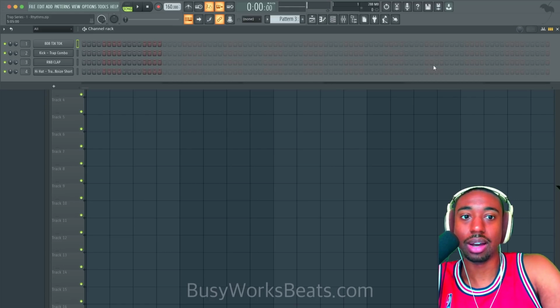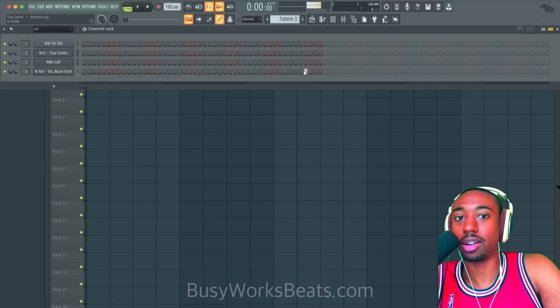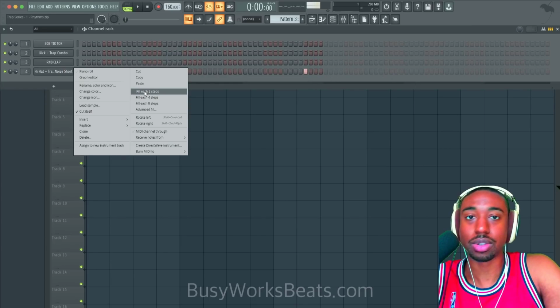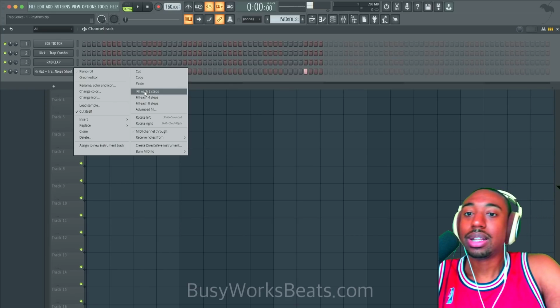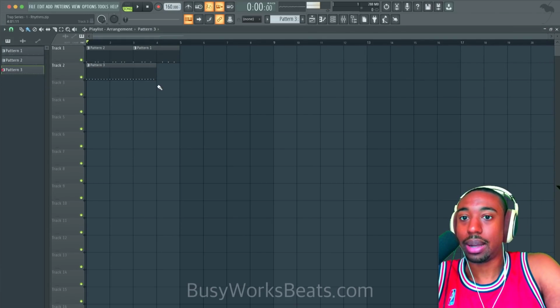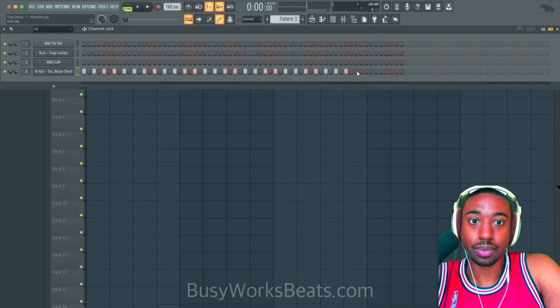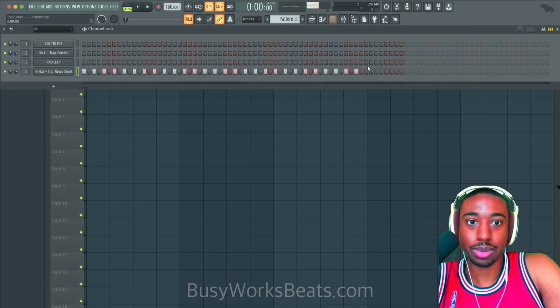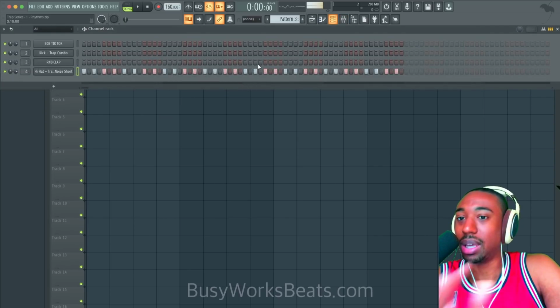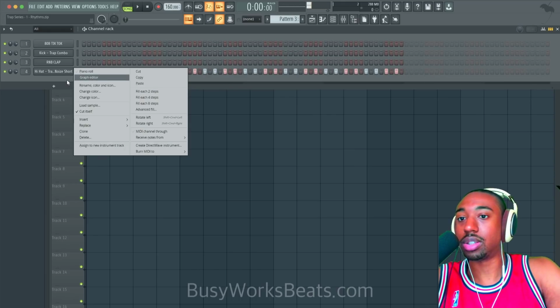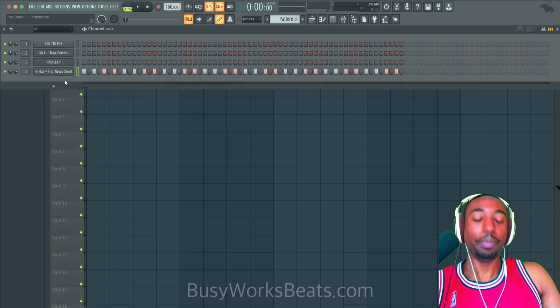Next, I'd like to make a long enough pattern. So I'll left click somewhere over here. This is just the way FL is at this point. We're in FL Studio 20. Then we right click and fill each 2 steps for the hi-hat. Visually, I can see I'm missing one half of a bar, so we need to add this in. Sometimes you'll be great at this, sometimes you won't, but even at my level, I still have to A/B it back and forth. Now that we have enough hi-hats, you just right click, fill each 2 steps. This gives you the most basic hi-hat rhythm.